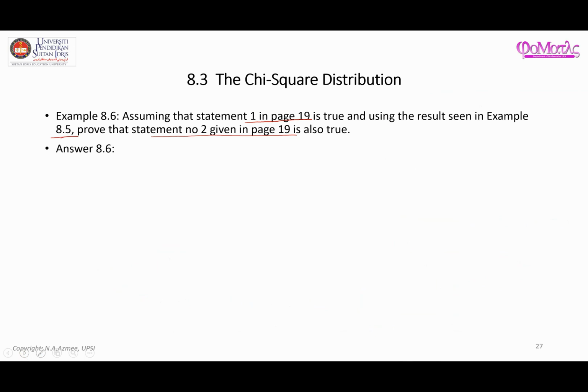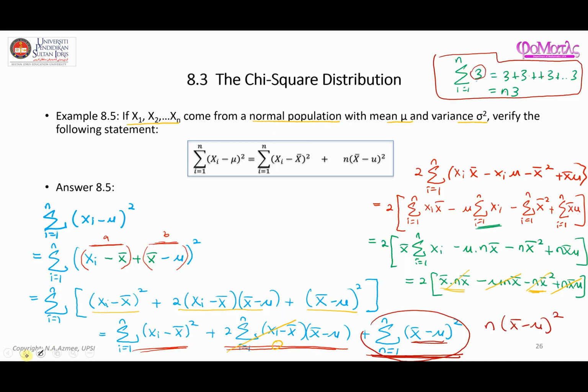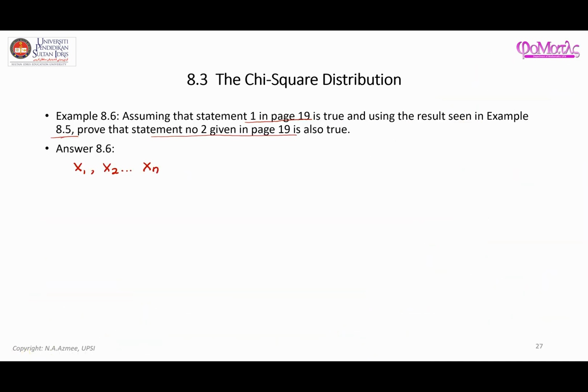So the information that we have, we're going to start off with it. The first information is we have X1, X2, ..., Xn comes from a normal population, with mean mu and standard deviation sigma. So here is the information. They all have